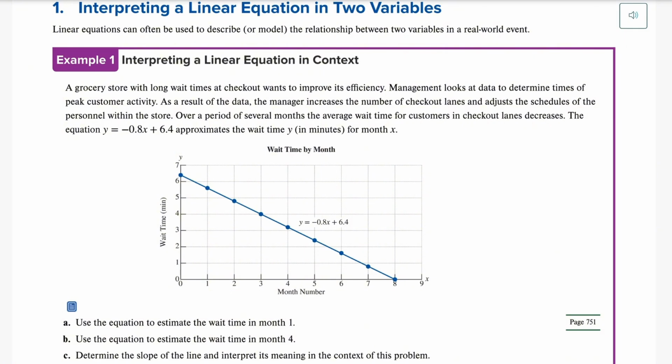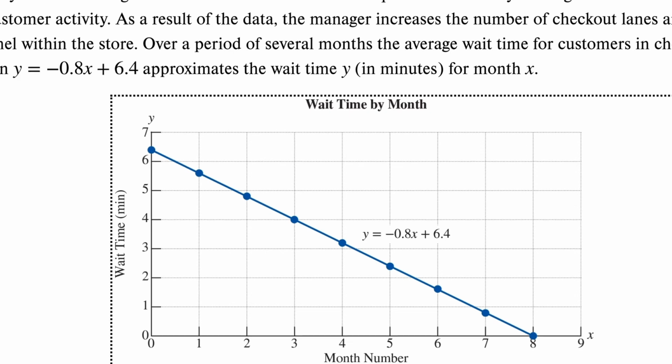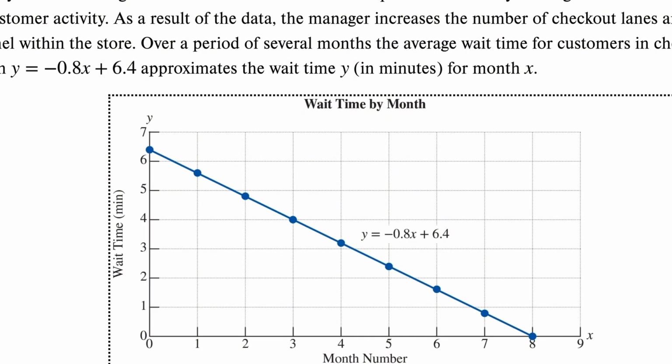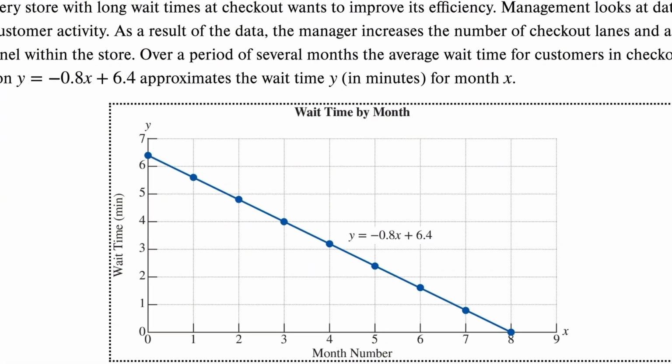So notice the kind of slope that you have, right? It's a negative 0.8. And then notice the trend line, right? So the line is telling you and giving you information about what is happening. So the months are on the x-axis and the time is on the y-axis. And then you're going to use the equation to estimate the wait time in month 1. So all you do is you substitute 1 in for x, right? And you can kind of see it here on the graph at month 1. The wait time is between probably 5.5, 5.6